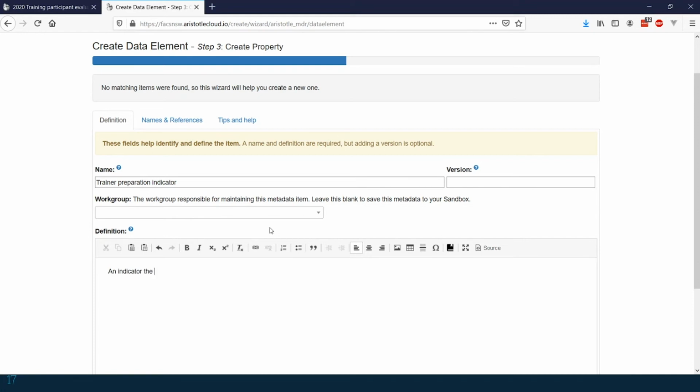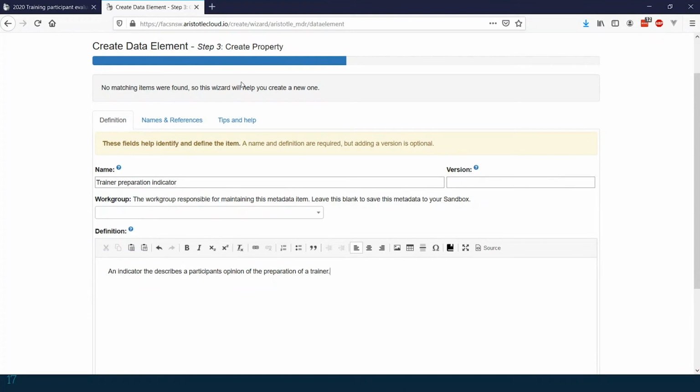that describes the preparation, a participant's opinion of the preparation of a trainer. I'm very glad that I'm not being evaluated on my typing speed and accuracy, just on my preparation. So the really good value here is this property is talking about all possible ways that we might evaluate